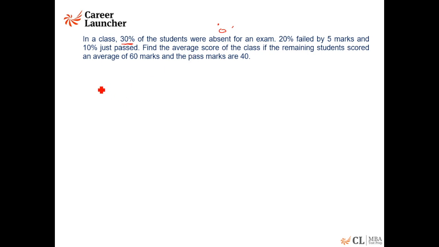Okay. And let me do the question by deviation method, because I'm sure everyone will be able to do the method by weighted average, and to me deviation is a faster way of doing the question. Okay. So let me look at the deviation method to find the average marks of the class. Okay. What average marks I'll take? 40. I'll say let the average of the class be 40. Okay. So if the average marks are 40, these 30% of the students, let me assume there are 10 students only in the class. Okay.